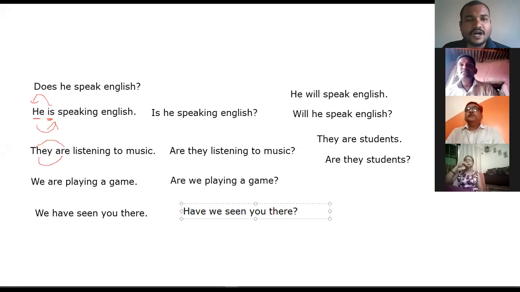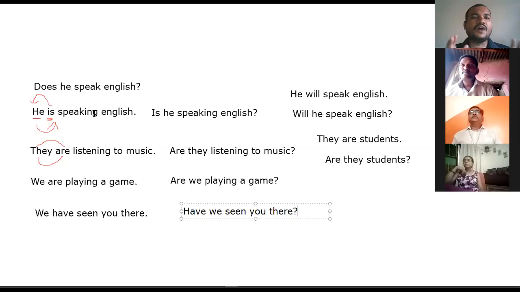Right. Understood the concept? How to change from one type to another type? Here you need to remember only 3 points. First point is focus on the subject and helping verb. Second point, replace them, subject and helping verb. If it is simple present tense, then try to add s or es, which is already there in the main verb, to the helping verb. Third point, try to add the question mark. Only 3 points to change from a positive statement to the interrogative.